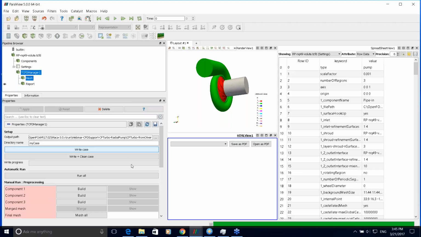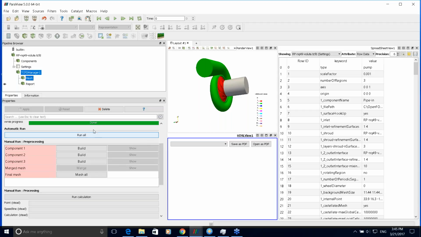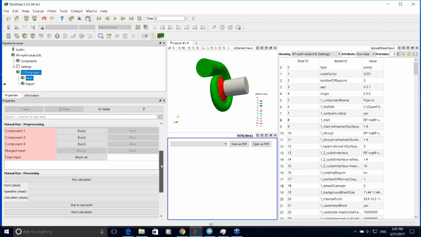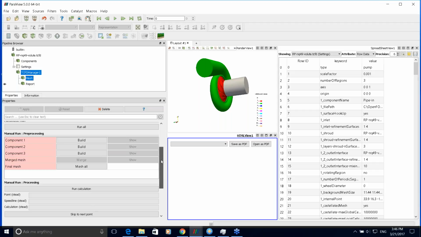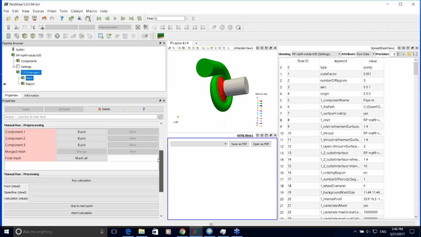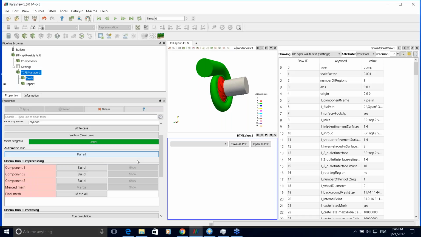This process creates the standard topology. It creates all necessary files and directories to run the simulation. And afterwards, the case is saved. We are able to run the simulation by one click, which runs automatically, or we can run the simulation step by step. First generate the mesh. We can build each component separately, or we can mesh all components at once, and afterwards we can run the calculation. So I will click on Run All,